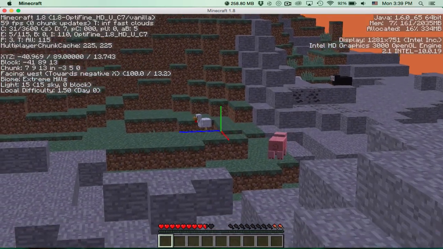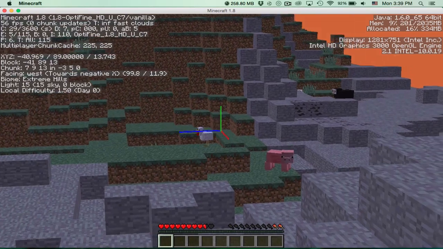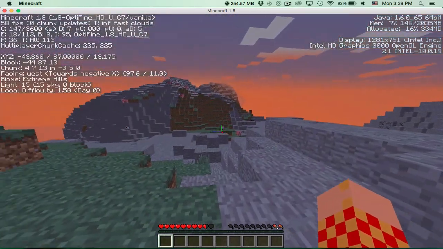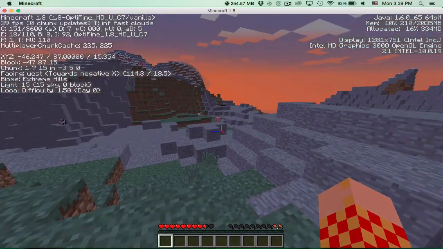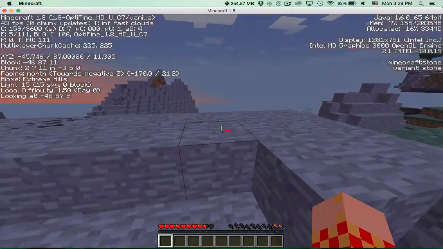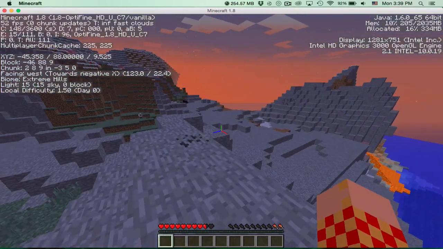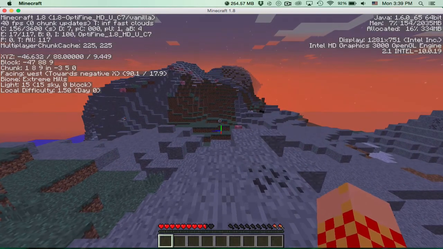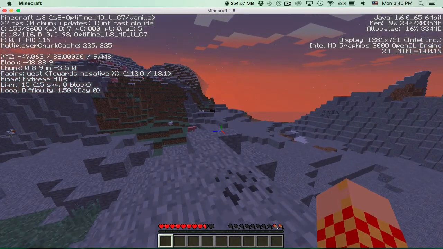Look at that, we're averaging around 60 frames per second. Now that's a ton, if you ask me. And oh, it looks like we're dropping back down a little bit, but as you see, it's a lot better. It's definitely better than the original frame rates that we had earlier. So now let's go ahead and hop into the multiplayer on Mineplex, because that's where we basically want to see